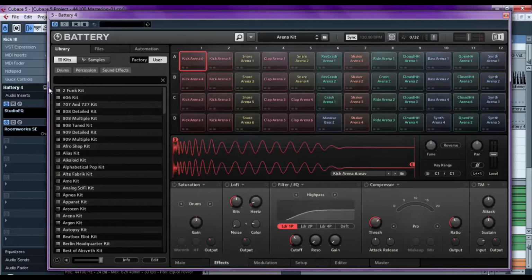selected Arena Kit from its factory, and Kick Arena 6 is the tone. Normally it would sound like this. Another normal kick. Why I chose this is because it's not a very deep, low sound, so I just selected that Kick Arena 6, and